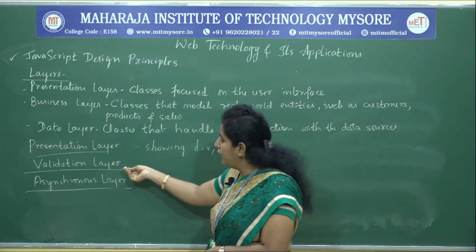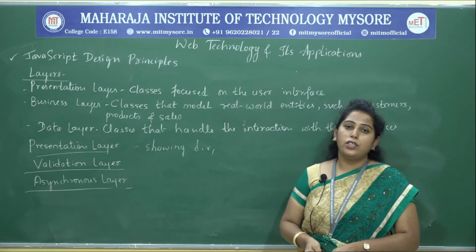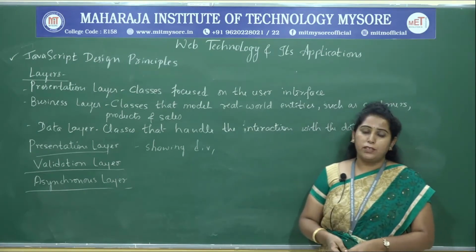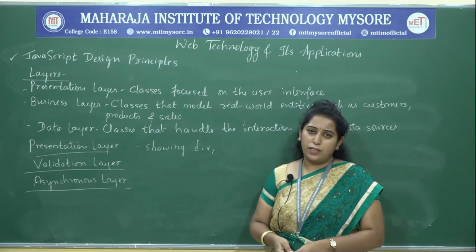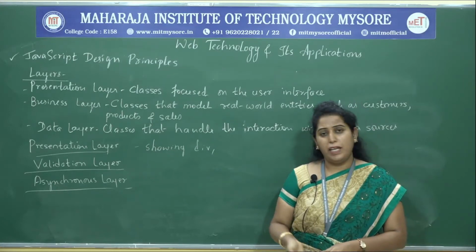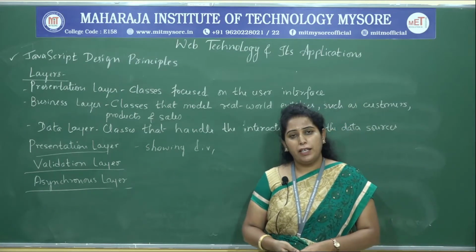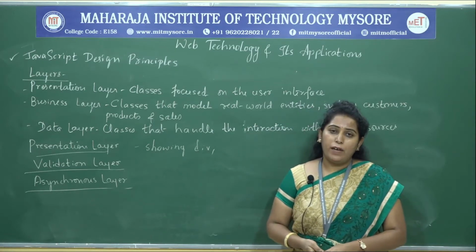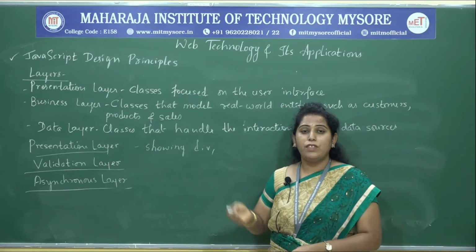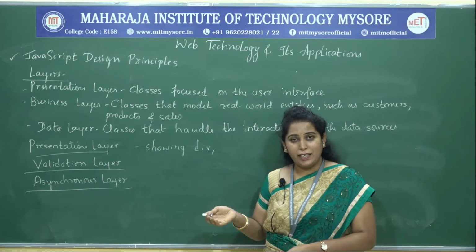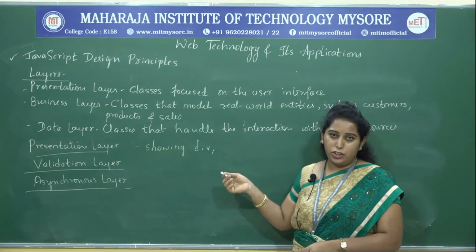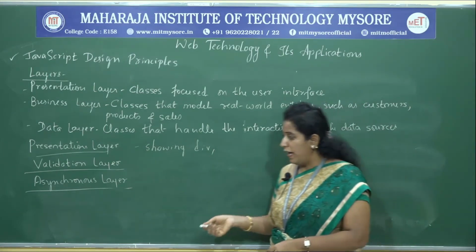So next is the validation layer. The validation layer is used for validating logical aspects of JavaScript. For example, you can think of you want to send a mail. We are supposed to enter a mail ID. So if the mail ID is invalid we cannot send a mail, is it right? So the mail ID which we have entered should be validated. So that is what the validation layer is going to do with the support of the presentation layer. So this is about the validation layer.